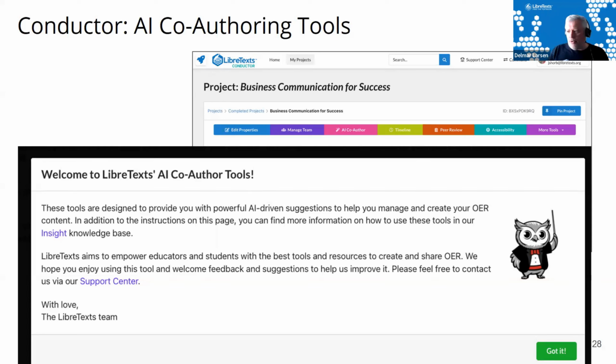And that's going to be, again, part of the discussion that Raymond is going to be talking about in about 15 minutes. We will have introduced into the Conductor some AI tools that AI is useful for doing. So I'm comfortable with using AI to help address the things that are oftentimes missed or ignored in OER out there.